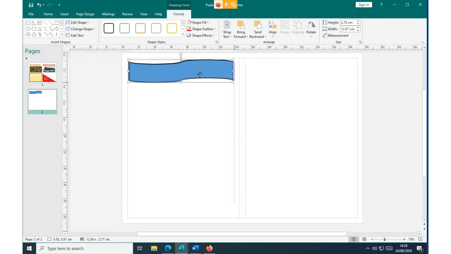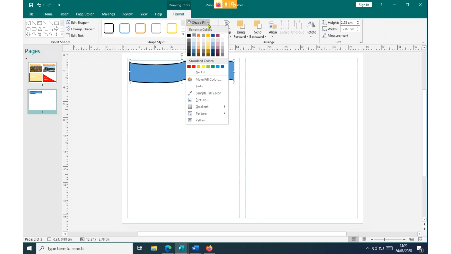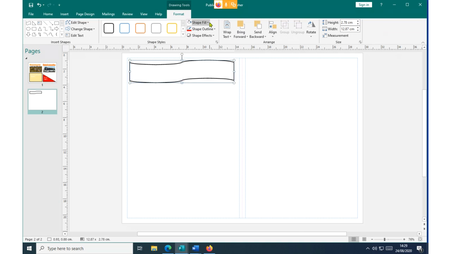Once I have this one here, I say that I don't want to see that kind of color. So I remove the color which is there and I say maybe I want it to be just white, or maybe let me say that a bit having some kind of shade.